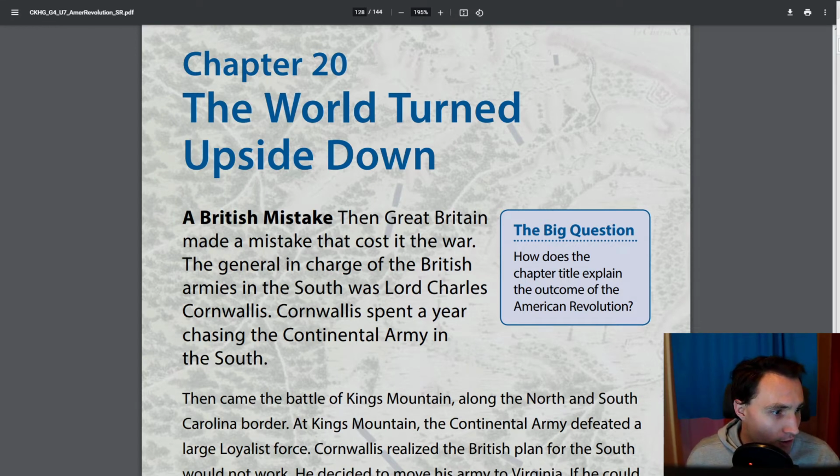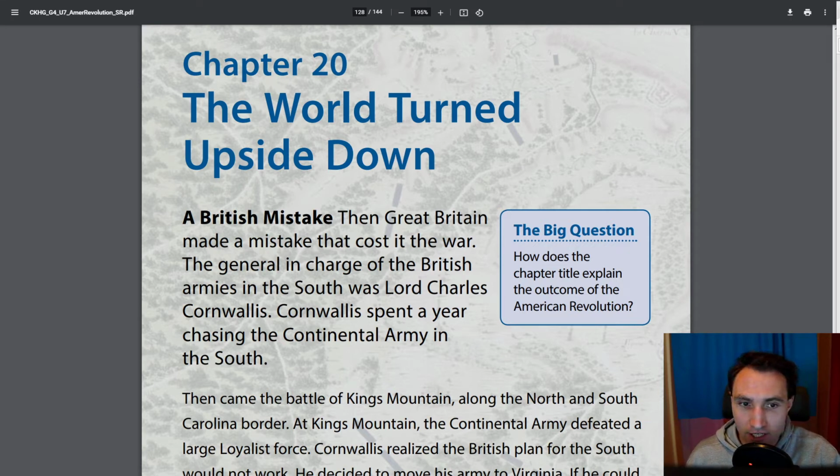However, the British were likely to be optimistic about the outcome of the war because of their superior army and their resources. They had been trained for a long time and had a lot of money coming over to fight. So during this last chapter, we're going to read about the British decision to attack Virginia and the effect the French entry had on the war and on the outcome of the American Revolution.